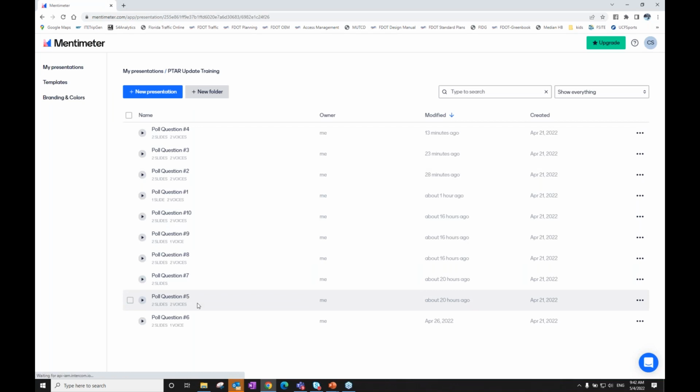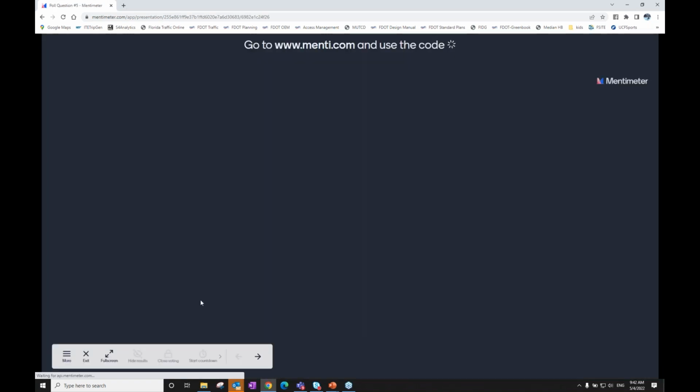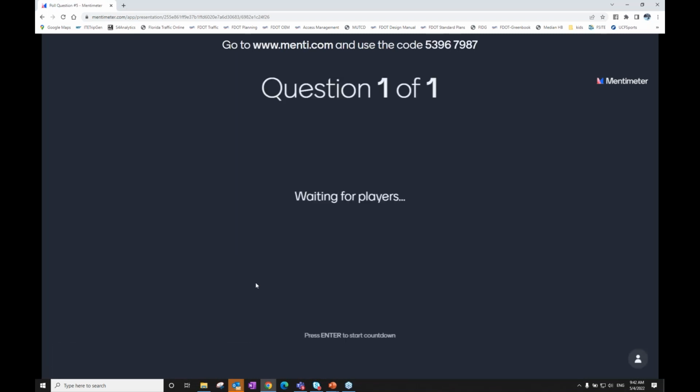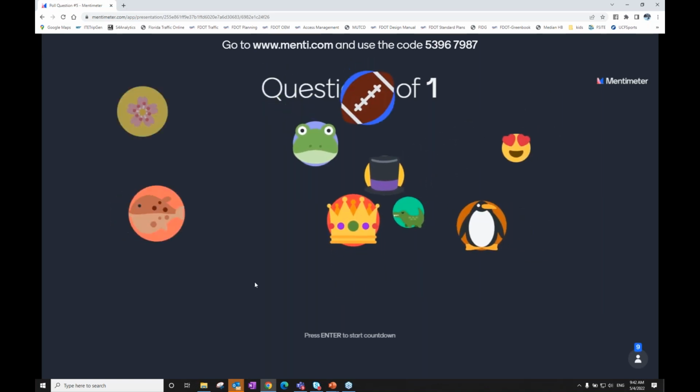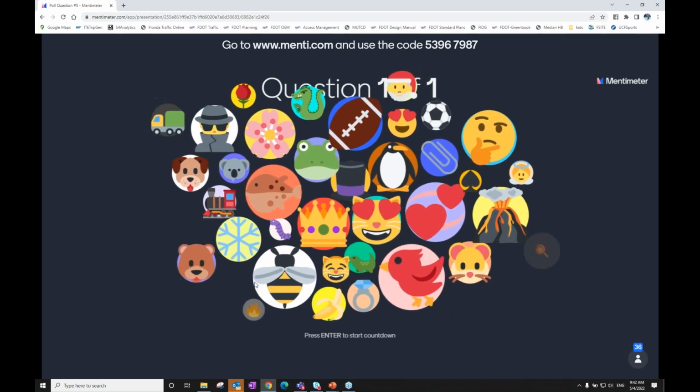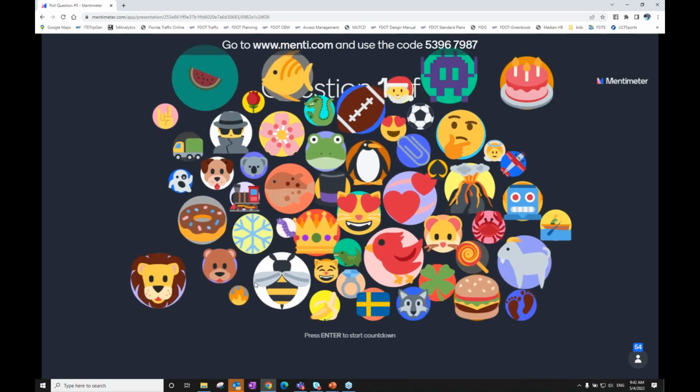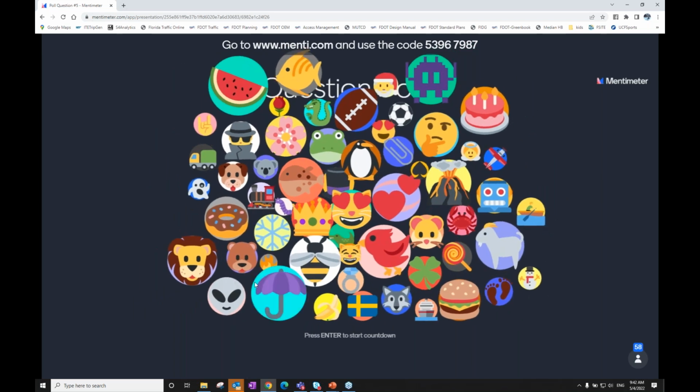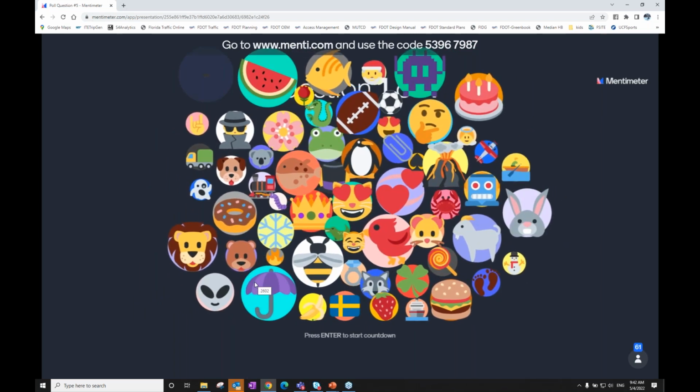Hope everyone's enjoying Mentimeter. I like seeing the interaction and all the names and colorful symbols come through. So this one uses code 53967987. I'm curious if someone can throw this in the chat. Is it giving you the same icon every time you put in a new number?